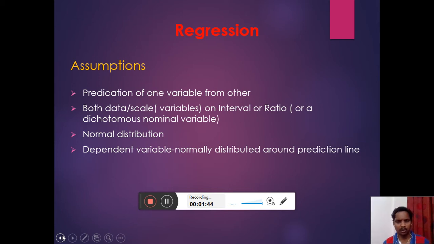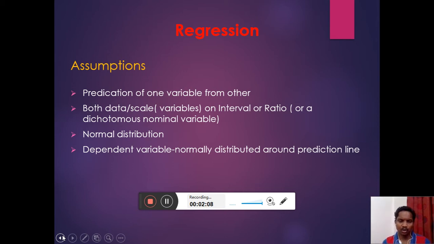So in both examples, you might have noticed that one variable is predicting the other. We are using one variable to predict the other. The variables which we are using to predict, like height and use of technologies, are predicting the weight or academic achievements.